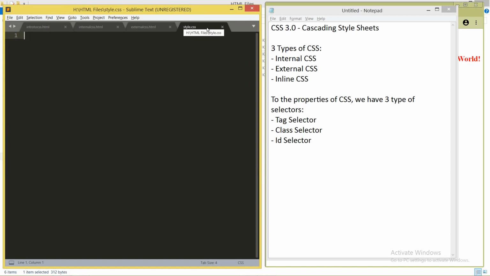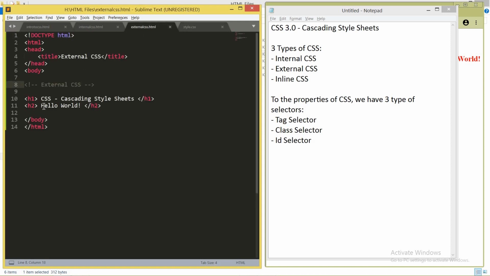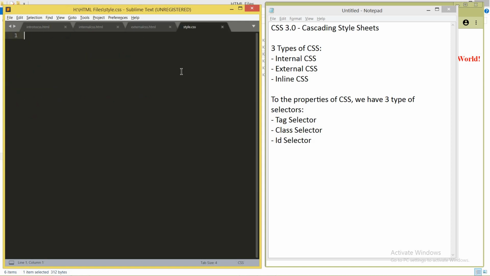Now in this particular CSS, what do I have to write? You don't need to write any HTML tag. Only and only the CSS properties. Now I want to change the properties of h1 and h2. Here, without giving any tag, just give the reference of that tag and define the properties. Like I say color, let it be blue. And for h2, I say color, let it be magenta. Okay, this is the color which I want.